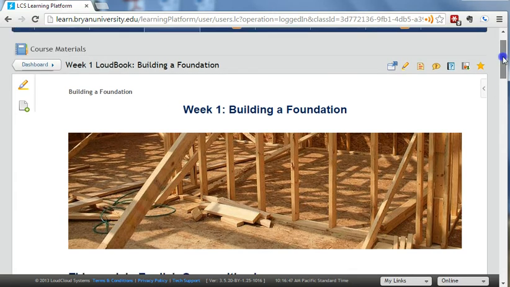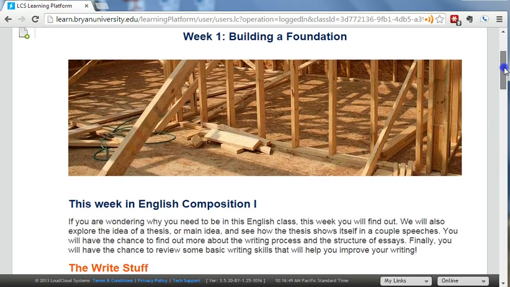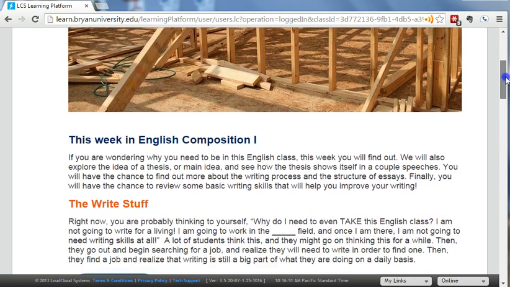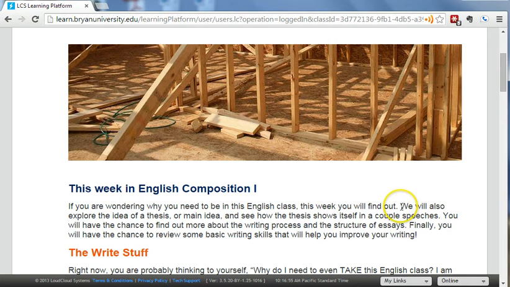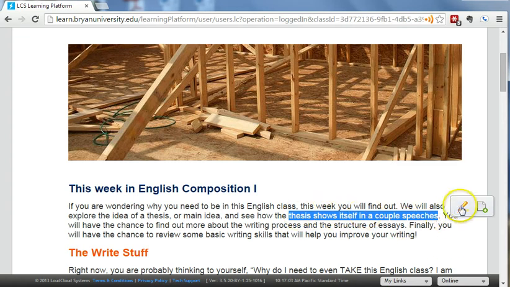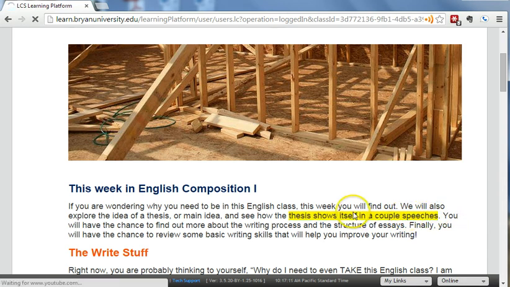So we're looking at the first page and a lot of this is text. So what can we do with text as we're working on our LoudBook? Let's say there's an interesting point in here that we want to highlight. I'm going to drag my cursor around that text and I can actually add a highlight. This button pops up on its own once you've highlighted something. So I'm going to click on Highlight Text and it'll show up in yellow as long as my highlights are